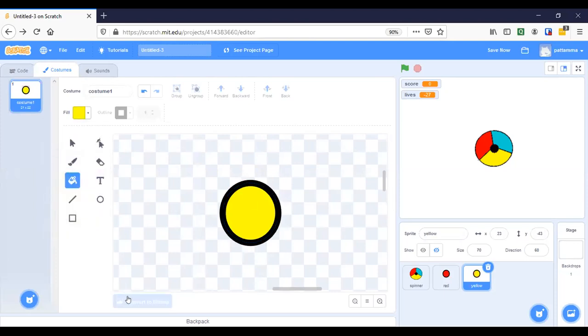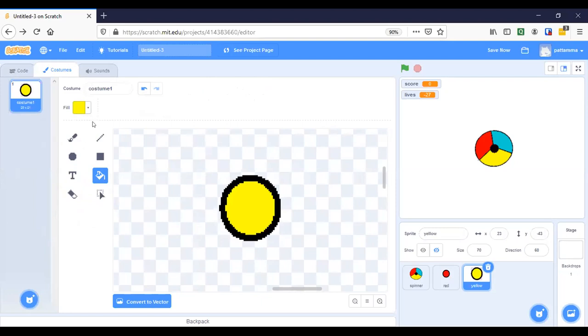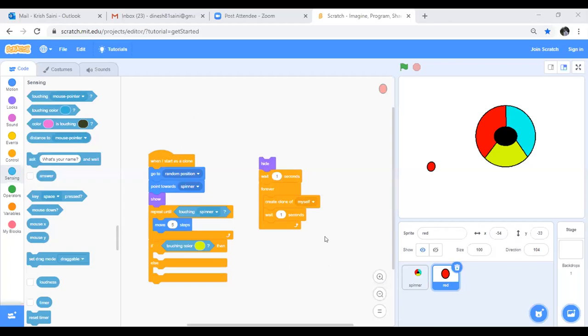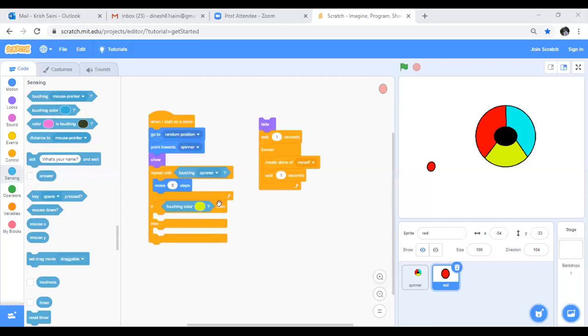Okay, so let's go back, and you have to do it for the third ball also. Yes, Krish, please share. Sir, I'm stuck. Yes, there are 3 colors, right? Let me look at Krish. Sir, can you see? Yes, I can see, okay?